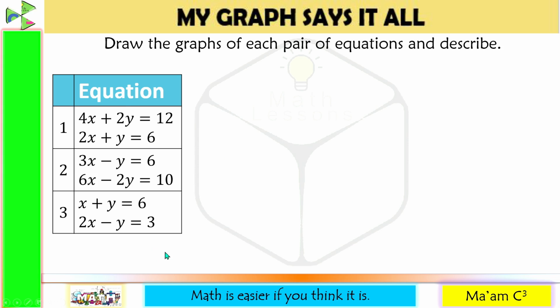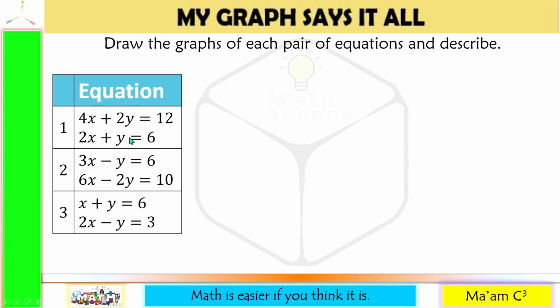Now let us talk about what we're actually solving when we work with systems of linear equations. What is our main goal? We're trying to find out how many solutions the system has. Now, how do we figure that out? Simple. We look at the graph because the graph says it all. Let's go over the 3 examples to make this clear.